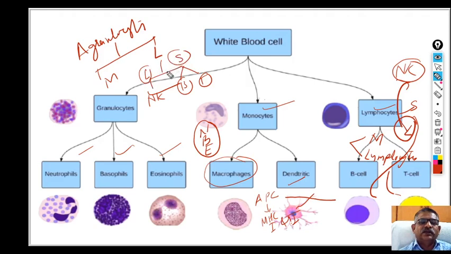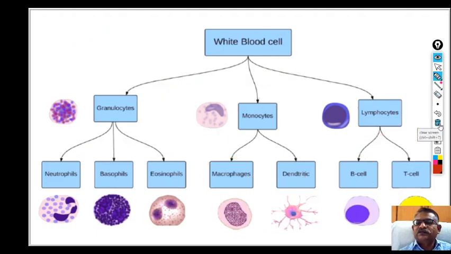These names, large and small, are given based on the cytoplasm. In small lymphocytes the cytoplasm is small, and the majority of the cell is covered by the nucleus, and in large lymphocytes exactly the opposite is the case: a small area is nucleus and there is larger cytoplasm, right? So this is all as far as classification is concerned. Hope you have understood this classification. If you have understood, let us go forward.